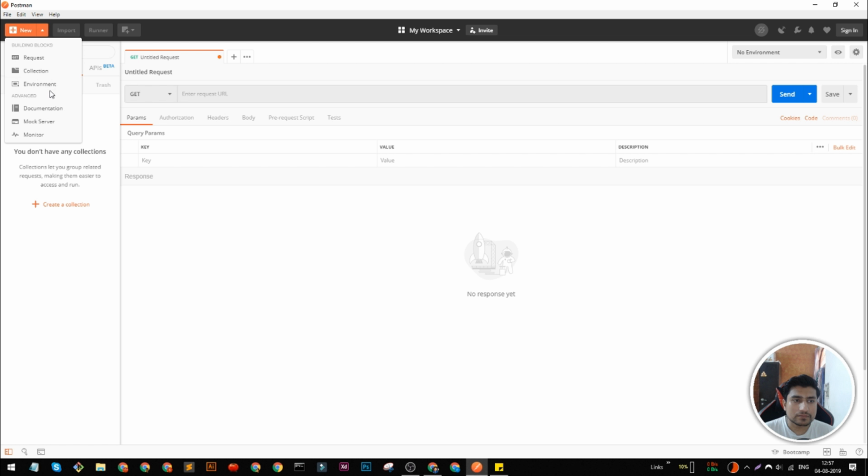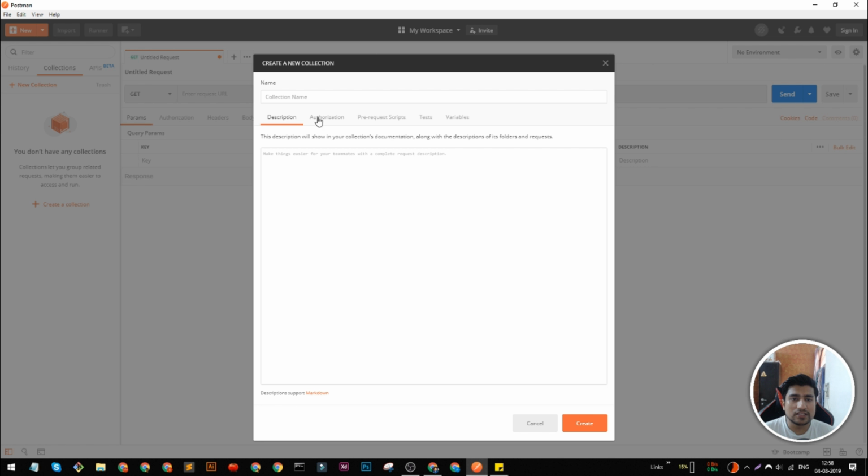That will make much more sense when we do it in probably the second or third part of this series. As I have mentioned, Postman is right now becoming an integrated development environment, so it can give you features like documentation, mock server, as well as monitoring the API, right? Here it is. Again, if you go to this button, you can create your new collection if you want to.